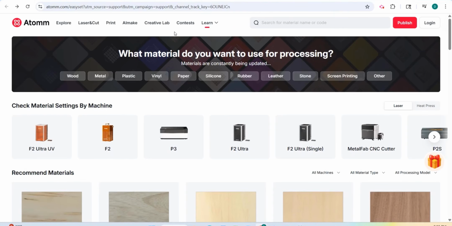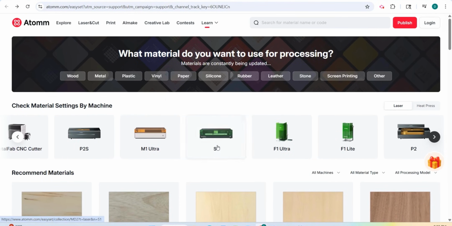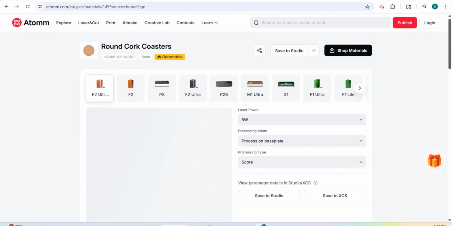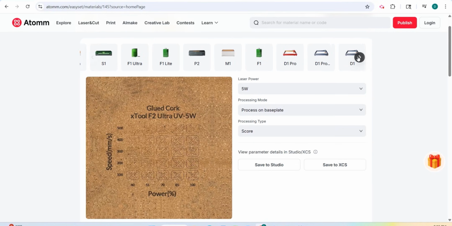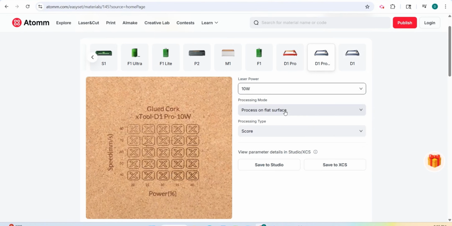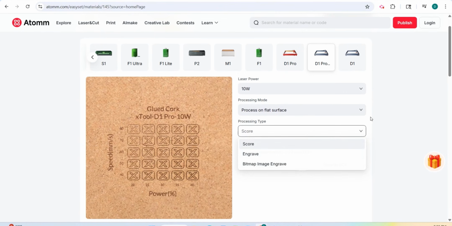Another way you can find the speed and power that's needed for your engraving is this website called Atom. I don't know if it's owned by xTool Studio or if they just partner together, but it's a great resource to use. So I can scroll over and find whatever laser engraver that I have, and then I can also look at some recommended materials. Like let's say I want to use a round cork coaster. I can click on it and then come over and find the engraver that I have. Like I have an xTool D1 Pro. I've got it 10 watt, and you can change your processing mode, change your processing type, what you're trying to do, and you can see here